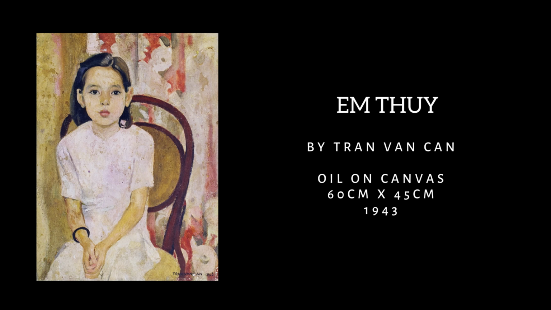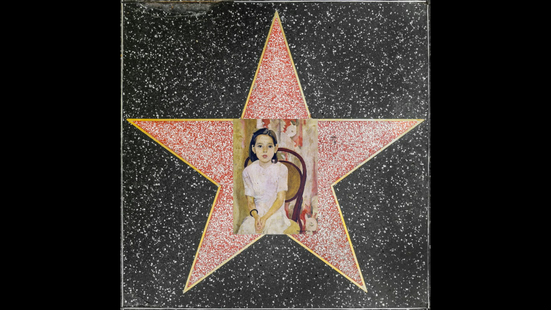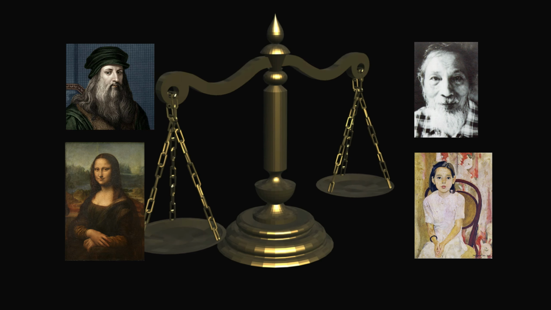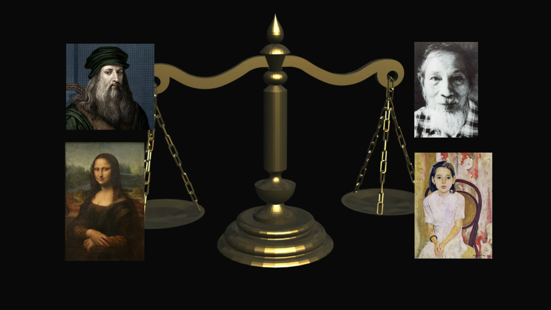Today we are looking into the famous painting by Tran Van Can, Em Thuy. It's an oil on canvas which was started in 1942 and completed in 1943. Em Thuy by painter Tran Van Can is one of the most famous portraits of the 20th century in Vietnam, and was even compared with the Mona Lisa by Leonardo da Vinci, as both paintings evoked a feeling of mystery